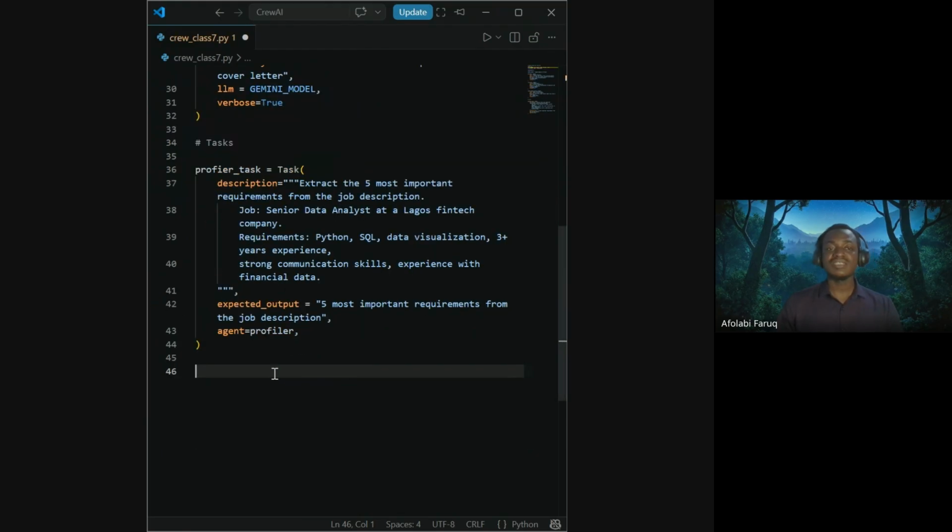So this is about the profiler task. The second one is going to be the CV writer task.